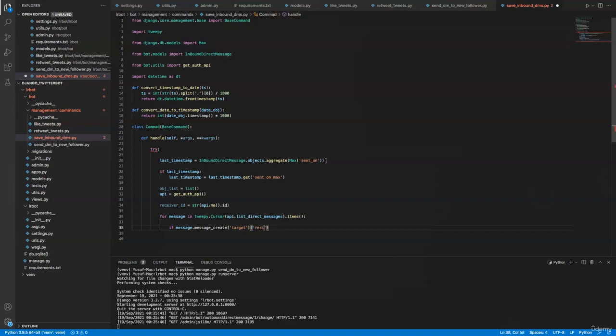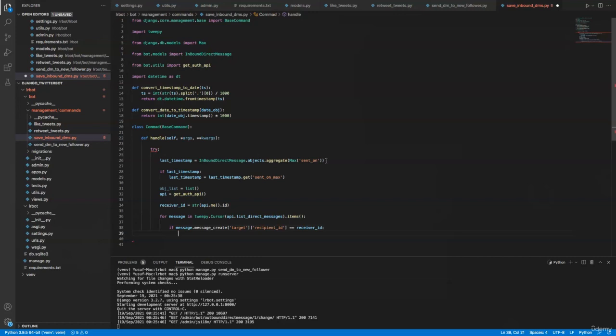So recipient ID should be equal to receiver ID. Okay, so basically we are accessing the Twitter API, and we are saying it should be equal to receiver ID, which is a Tweepy method,